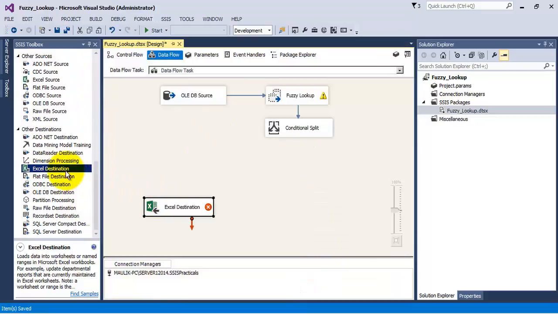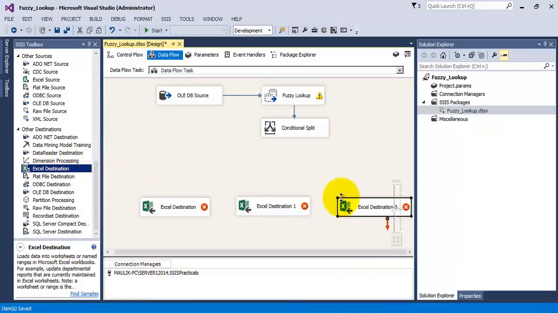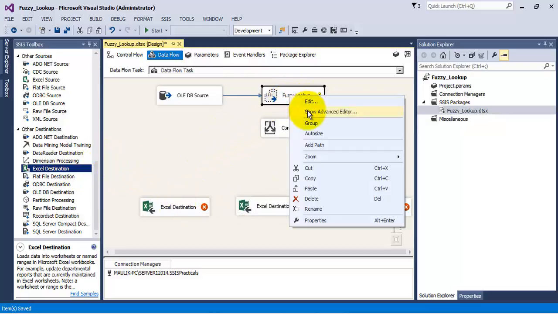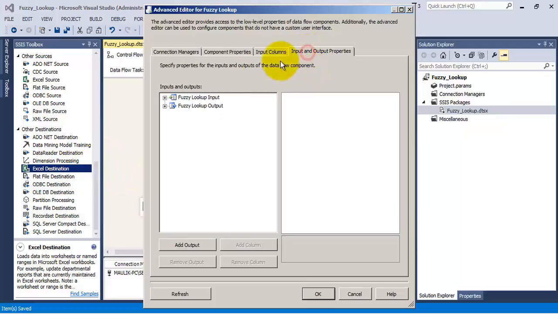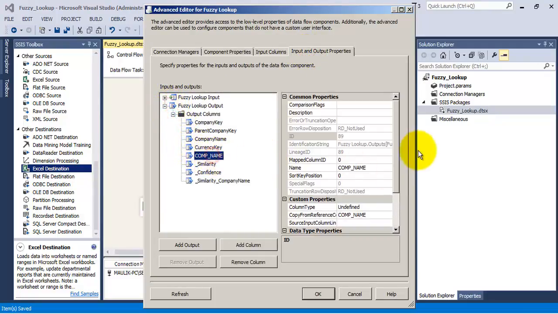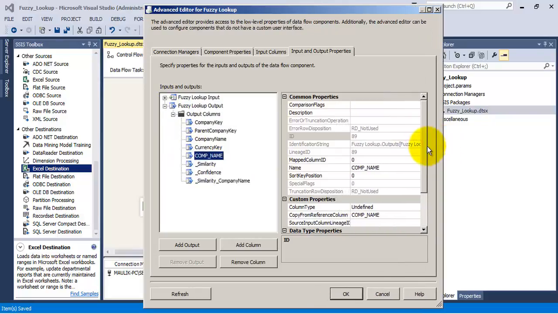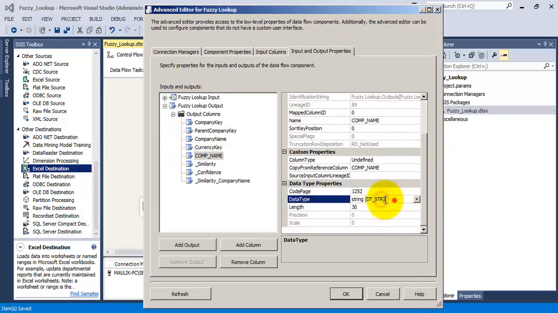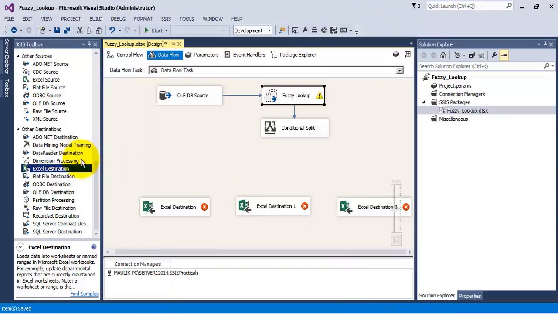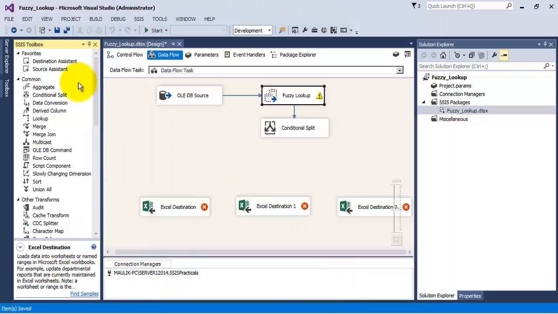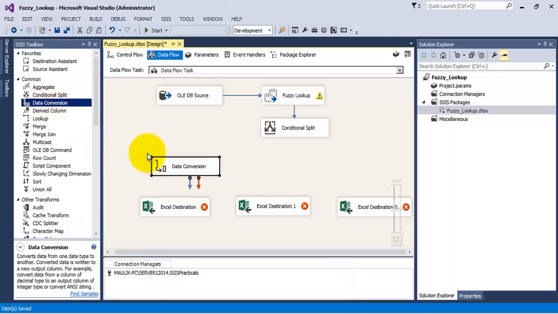Now let us add three Excel destination objects. As we can see, the data type from the output column of the fuzzy lookup transformation is a non-Unicode output, whereas while inserting data in our Excel sheet, we require Unicode output.